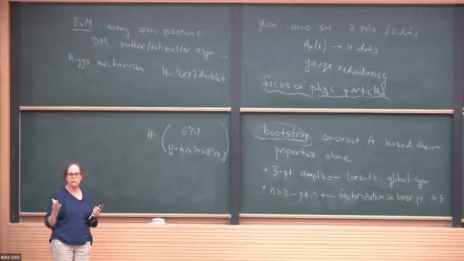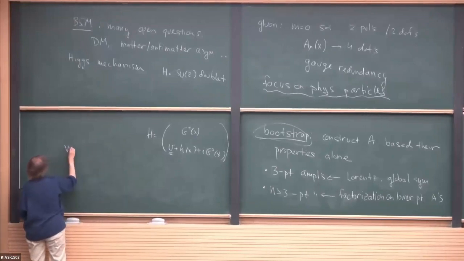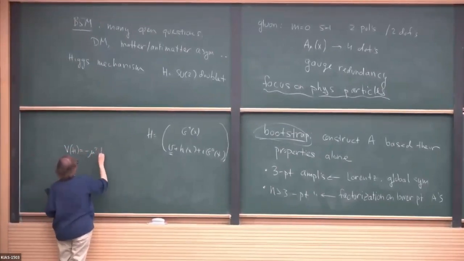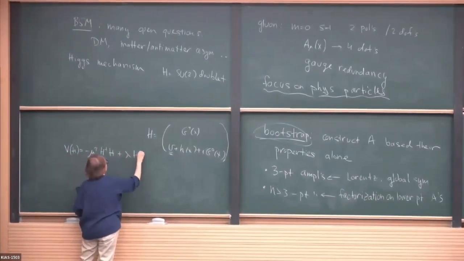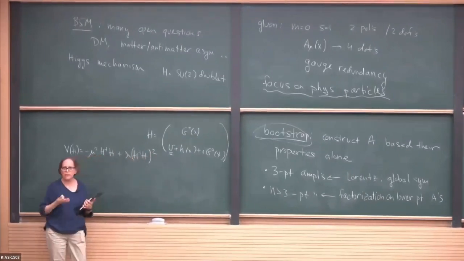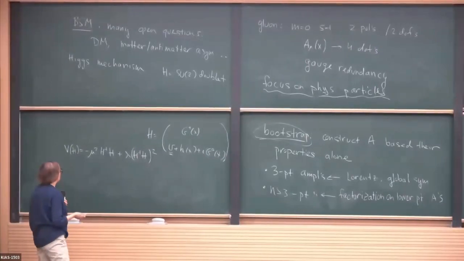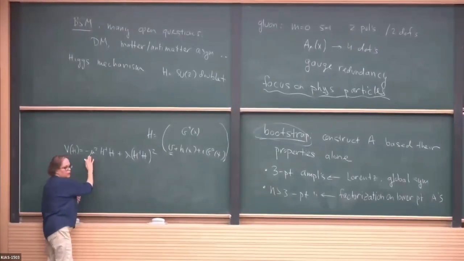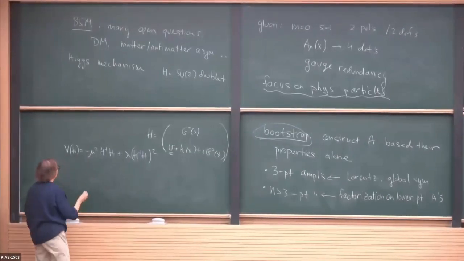So what do we do? We just do what we need to do. We write something by hand. We write a Higgs potential, which is this thing, which gives you the Mexican hat and gives you symmetry breaking and so on and so forth. But this is a completely effective description. It's completely ad hoc. Okay?